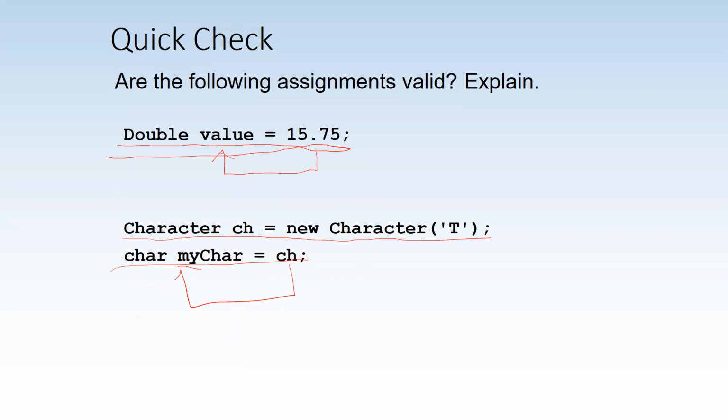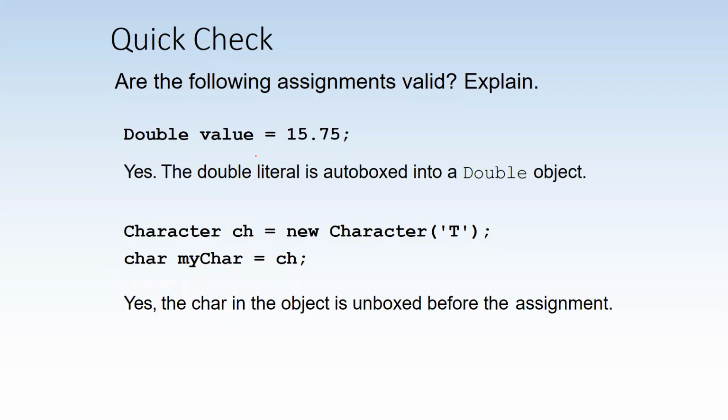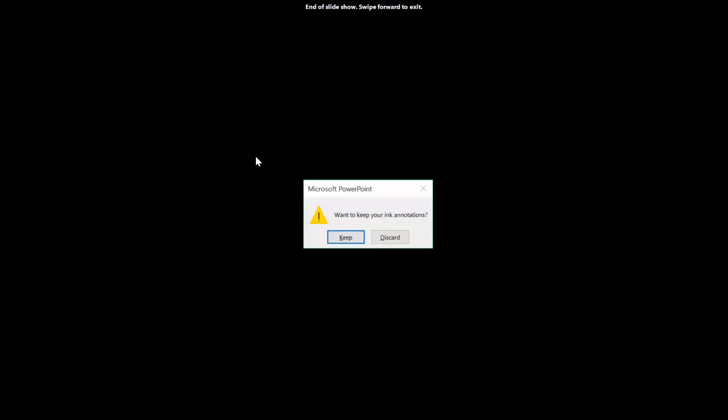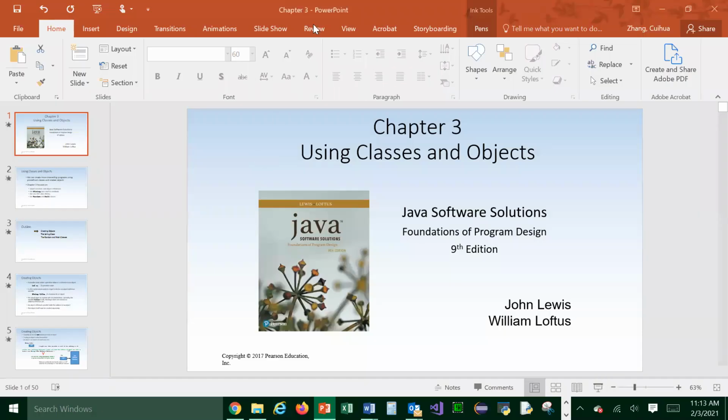Auto-unboxing, yes. You are unwrapping an object, getting the value and assigning it to a primitive data type variable. Here, you are wrapping this up, making it into an object and assigning it to an object. So that's it, everybody. We finished chapter 3. I'm going to stop